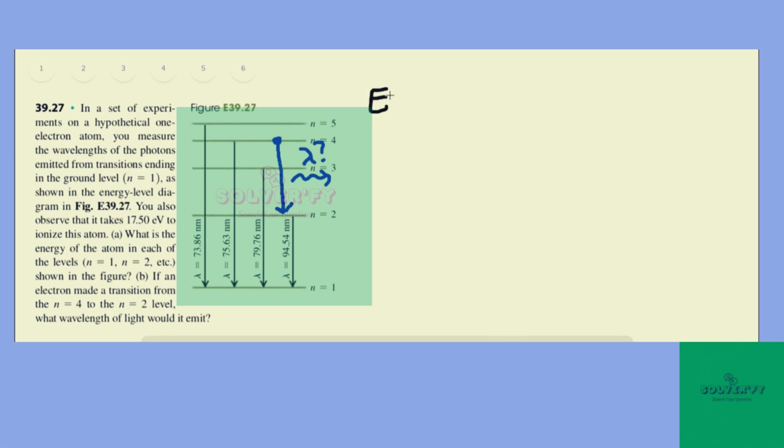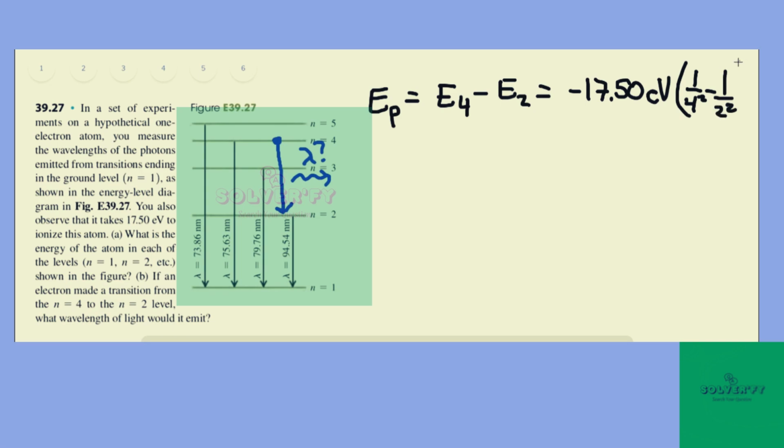Going a little more quickly this time, the energy of our photon is equal to E4 minus E2, which is negative 17.50 electron volts, times 1 over 4 squared minus 1 over 2 squared, which gives us